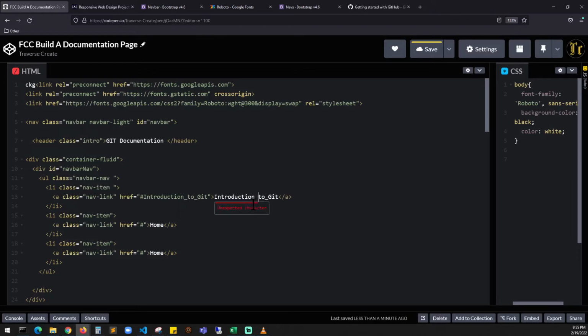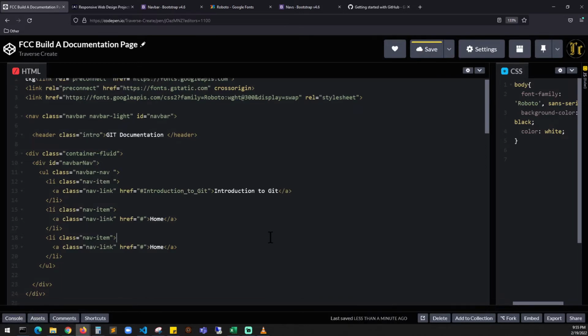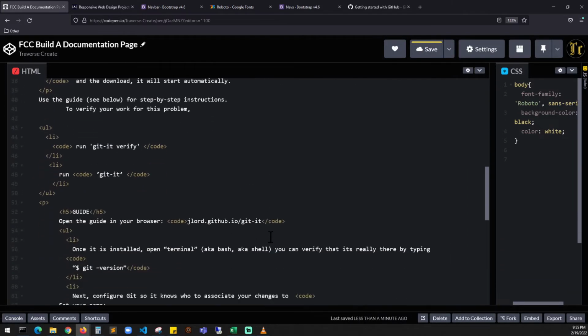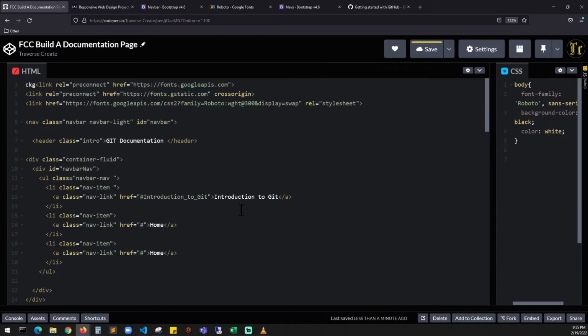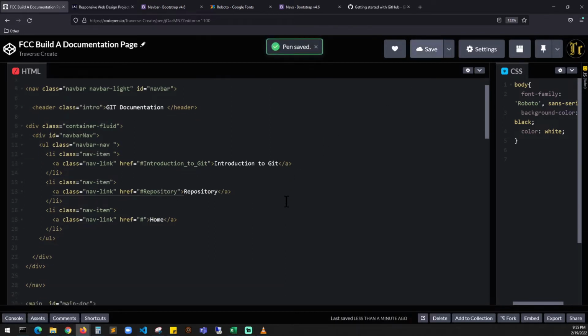We're going to remove this underscore so that it matches exactly the way they want it. And I'm going to do the same for repository. So copy this repository, scroll back up. I'm going to add it right after this hash, and I'm going to replace home with repository. Save this,